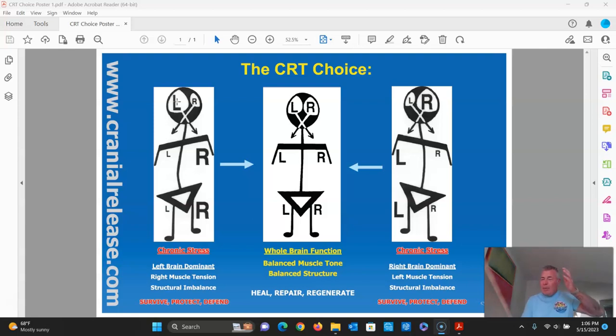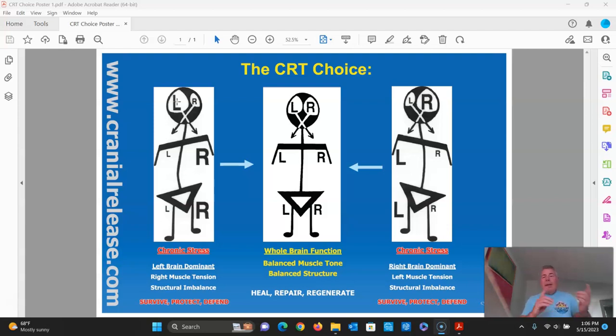Physical stress, chemical stress, emotional stress, EMF stress, gravity, you name it. It all leads to stress in the body, and at some point, one hemisphere becomes overactive, one hemisphere becomes underactive, and that figure number 1 is showing that the left brain is overactive because of stress, the right brain is